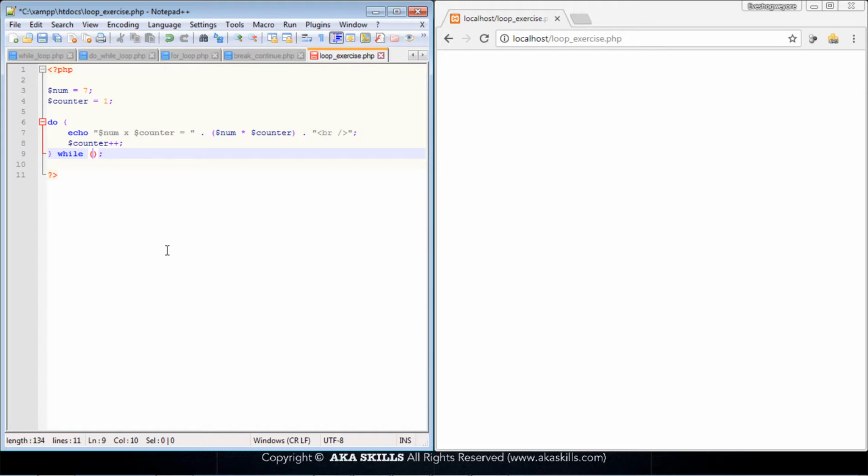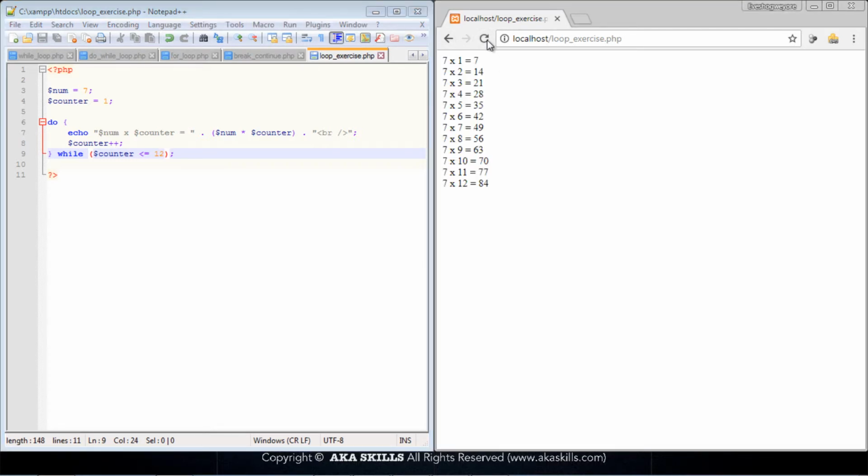So at this point, what is my condition? My condition is that counter is less than or equal to 12. All right, I want it to be 7 times 1 to 7 times 12. I believe this is fair enough. So I will just save this, come here and refresh this, and whoa, I just got 7 times 1 to